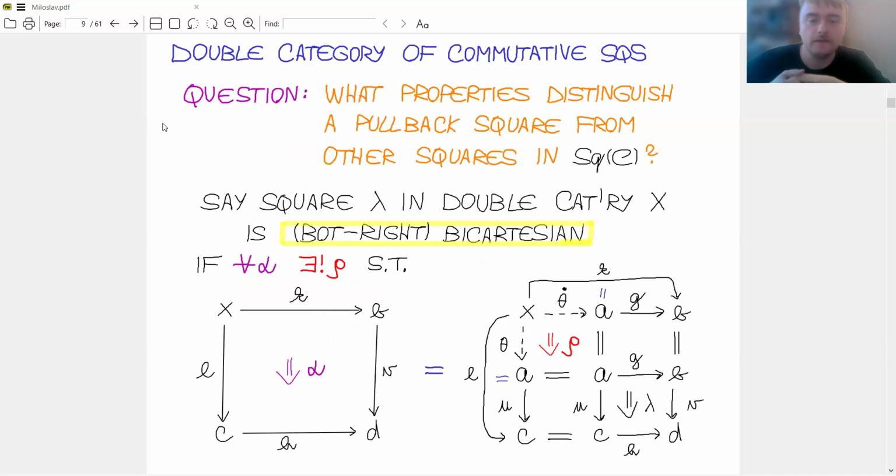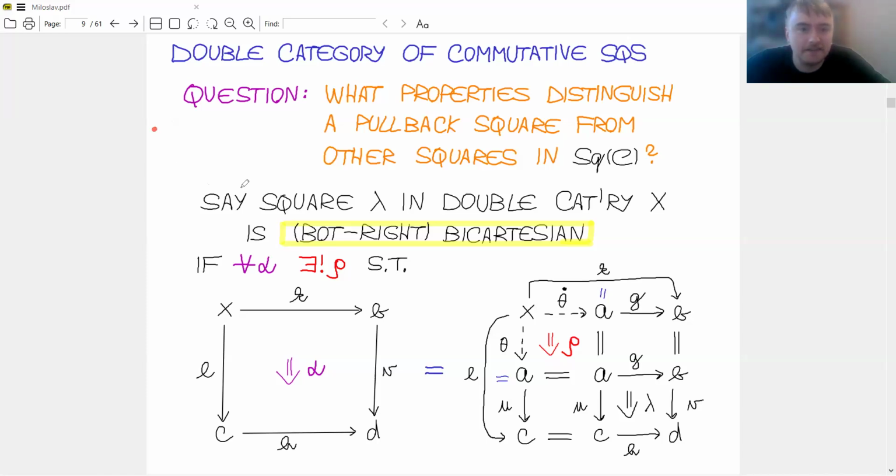Yes, another thing. As I said, the double category of squares will be relevant, and its sub-double category consisting of pullback squares will also be relevant. So a natural question to ask is, what properties distinguish pullback squares from all the other commutative squares? There are several ways you can approach this. You can approach it in a way that's biased towards the vertical side, or biased towards the horizontal side. But the way I approach it is